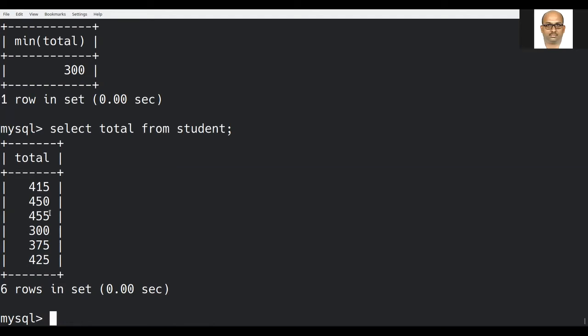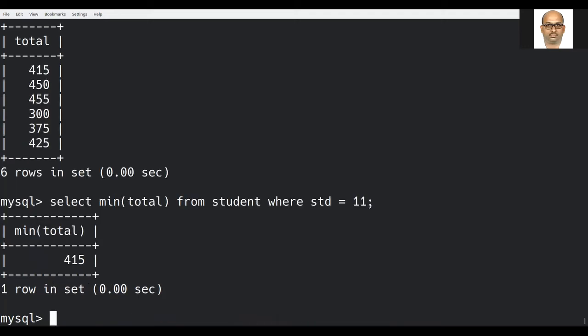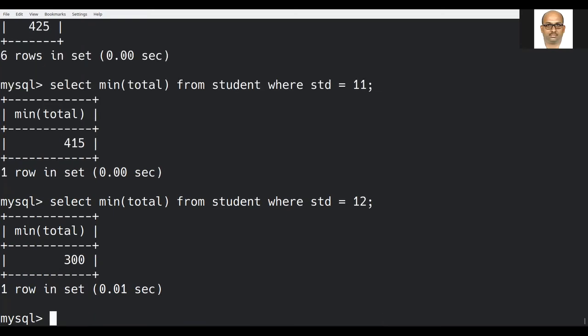All right. Now can we give a condition? Select min total where STD is equal to 11. It means that in 11 standard, what is the minimum total? The minimum total in class 11 is 415. If I change it to 12 now, it is 300.